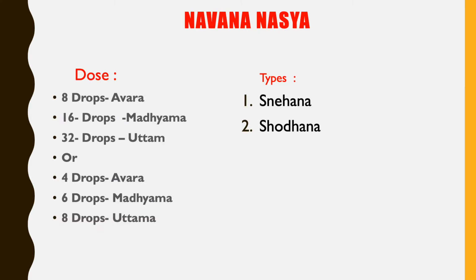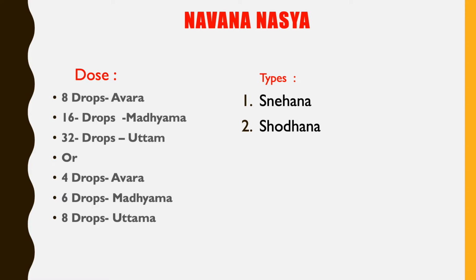Now we will learn about different types of Nasyakar. As you know, in the previous class we learned about types of Nasya as per Charak Samhita, five types of Nasya. Among them, the first one is Navan Nasya. Navan Nasya is when medicated oil is poured into the nostrils with the help of a dropper or cotton, and it is said to be Sneha Nasya.